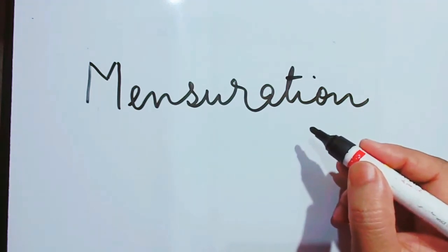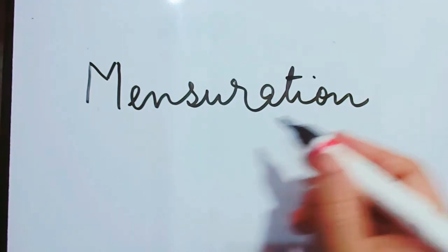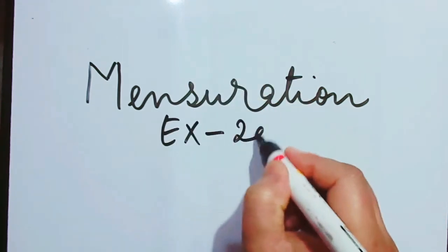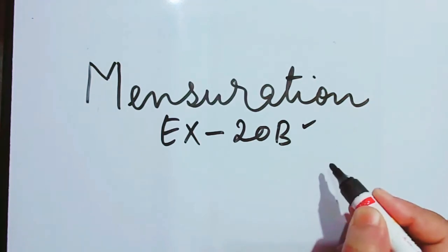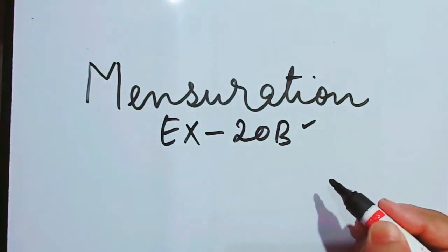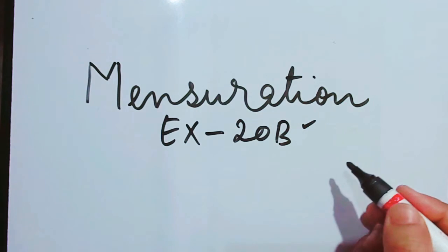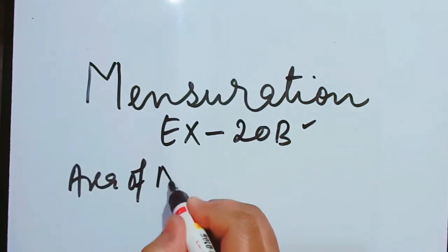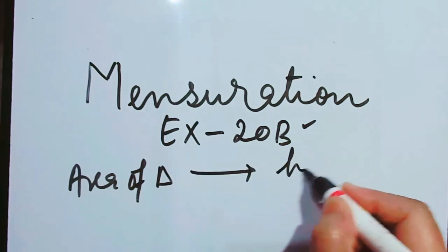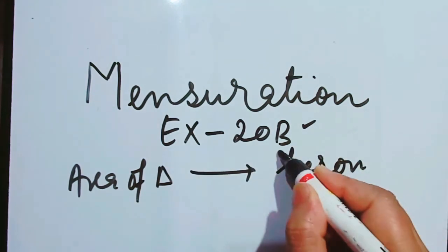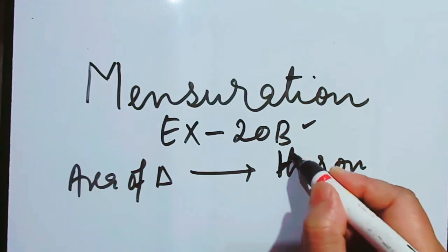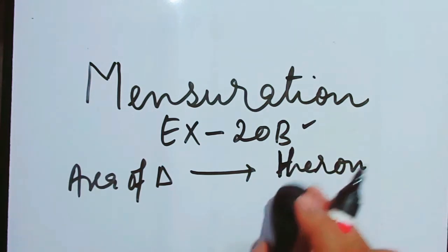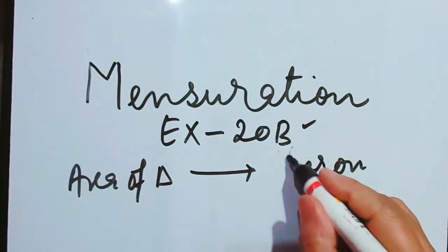As you all know, we are dealing with mensuration, exercise 20B. I hope you remember the previous lecture where we ended the area of a triangle by Heron's formula. Heron's, capital H, because naturally he has his name with dignity, isn't it? So Heron's formula